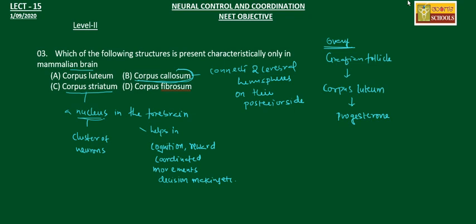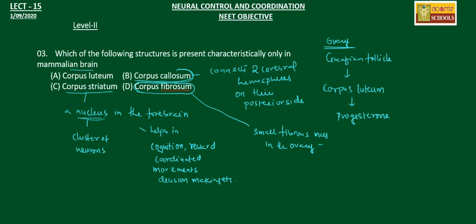Then coming to corpus fibrosum. So this corpus fibrosum is a small fibrous structure which is formed in the ovary, right? So a small fibrous mass in the ovary,